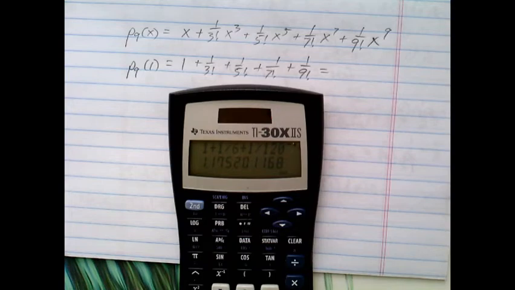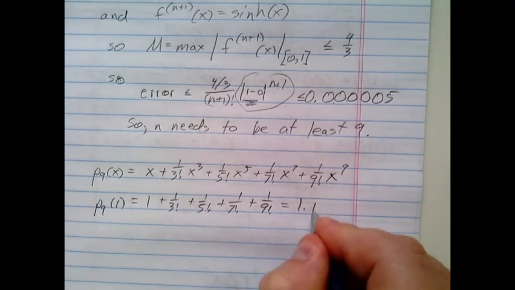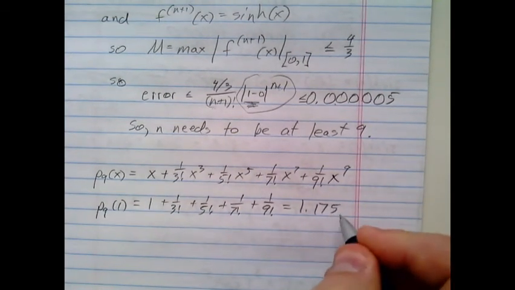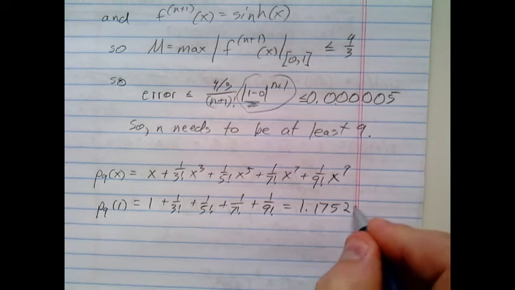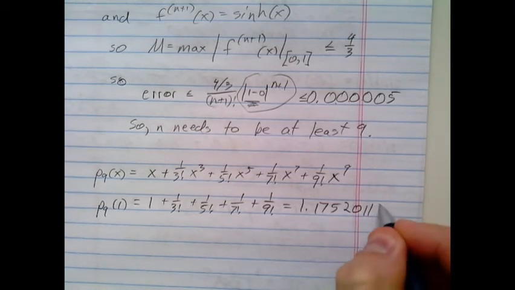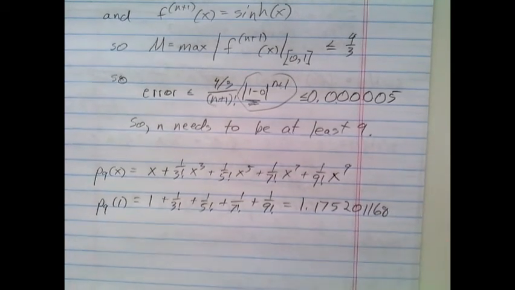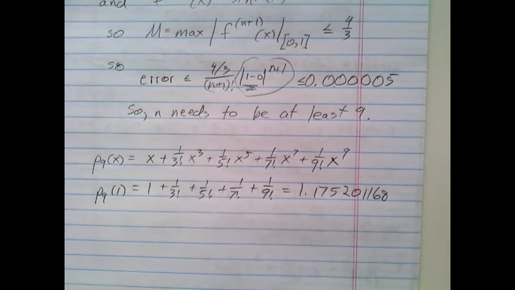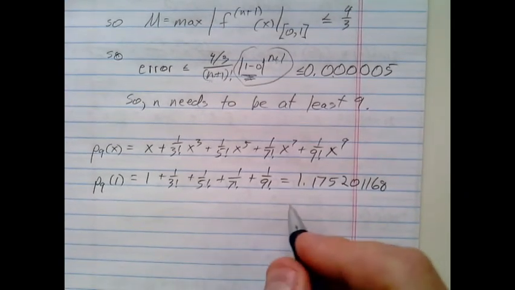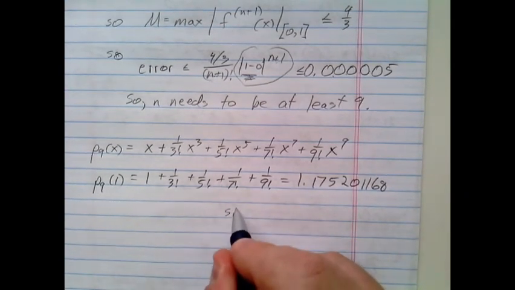Okay, that gives me 1.17520. Let me go ahead and write that down. 175201168. Now, if we've done everything correctly, that should match the true value of hyperbolic sine